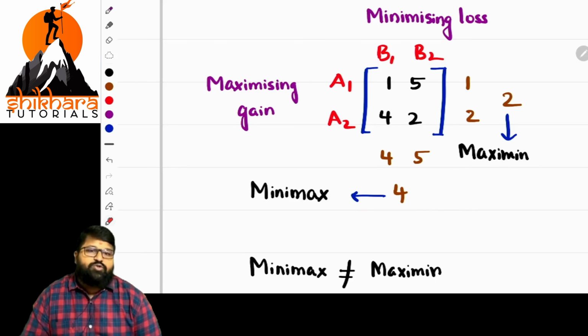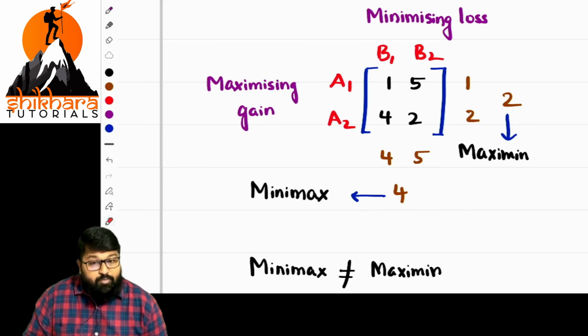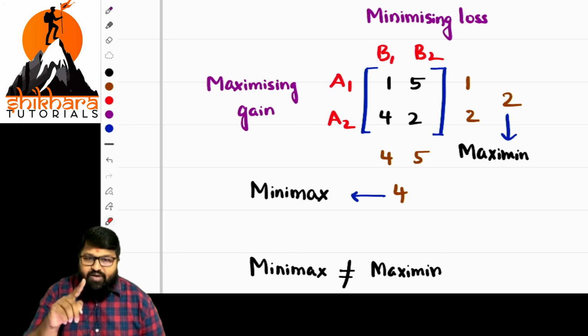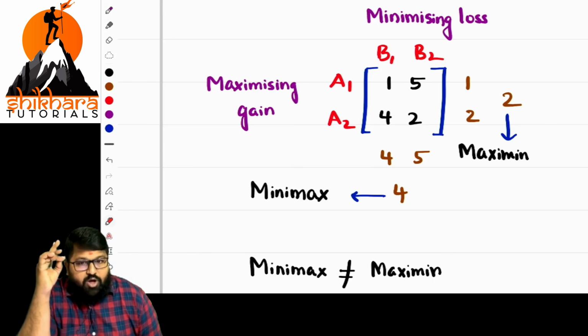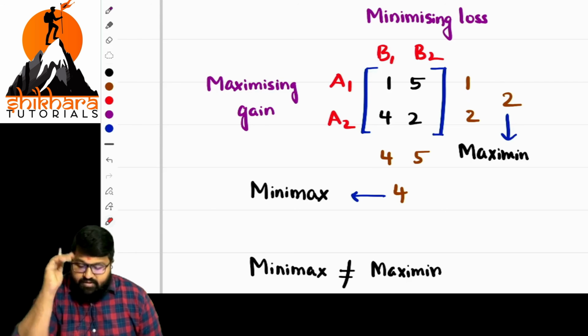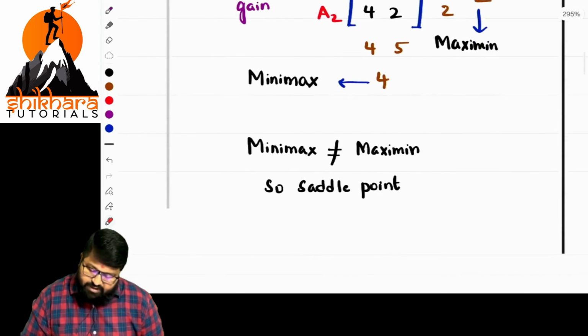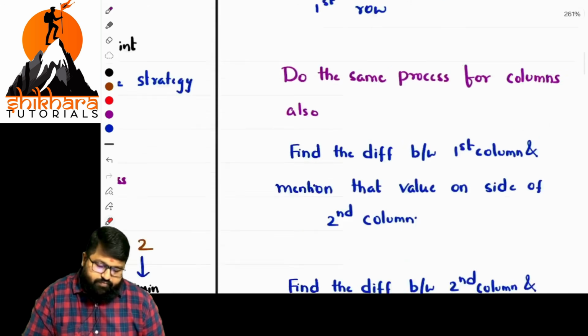In this case, what should we do, sir? Basically, when the saddle point is not reached in the case of pure strategy, we apply mixed strategies. And there are 3 methods. What are those 3 methods? Odds method, dominance rule, graphical method. The odds method is applied only when the matrix is 2 by 2. Okay. So now, as the saddle point is not reached, we shall go with that part.